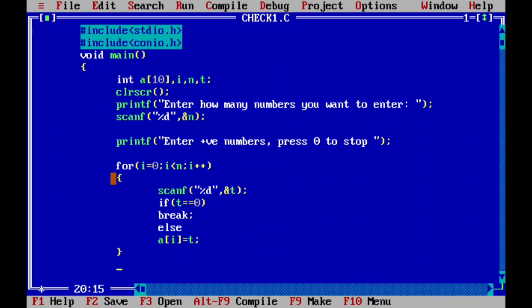Bracket close. This for loop is only to read numbers from the keyboard and place those numbers in that particular array. Now we have to find out whether those numbers are even numbers or odd numbers. So again write a for loop to display actual statements. For I is equal to 0, again starting from 0, then I is less than suppose n, I plus plus. Please concentrate on this condition, I is less than n. Actually this is not correct. I'll explain why it is not correct later.